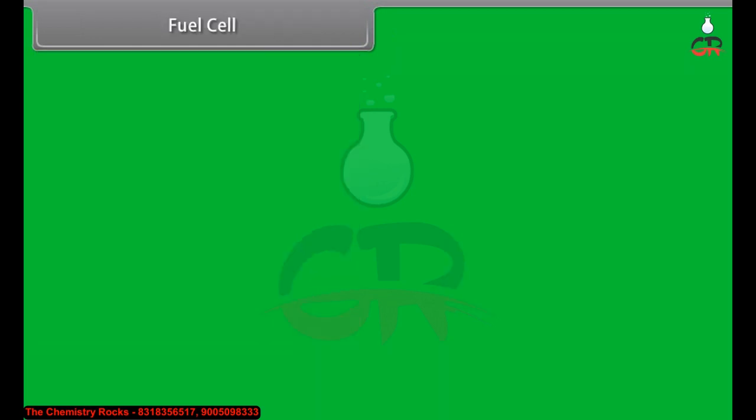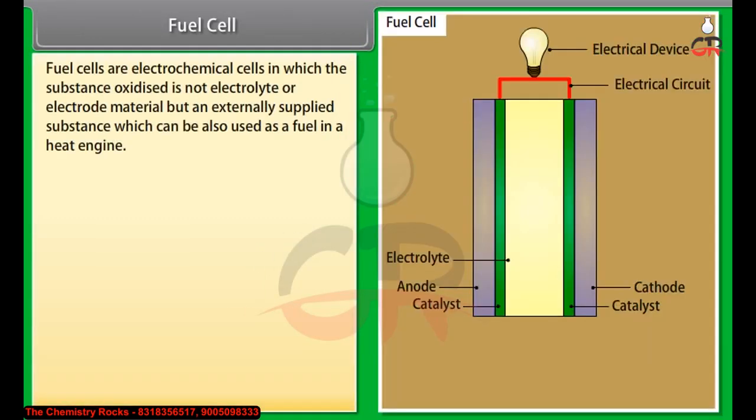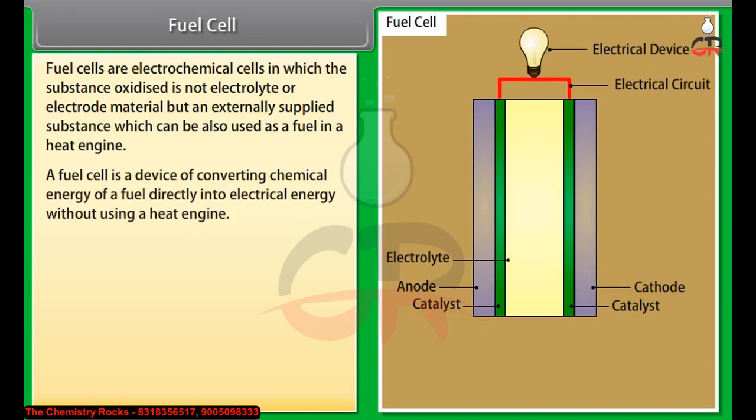Fuel cell. Fuel cells are electrochemical cells in which the substance oxidized is not electrolyte or electrode material, but an externally supplied substance, which can also be used as a fuel in a heat engine. A fuel cell is a device of converting chemical energy of a fuel directly into electrical energy without using a